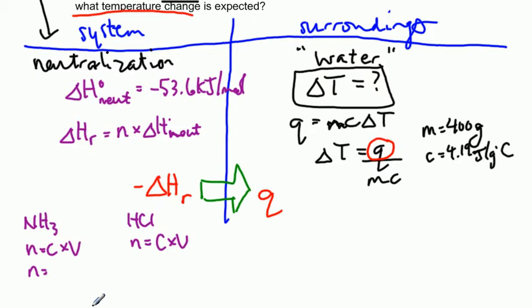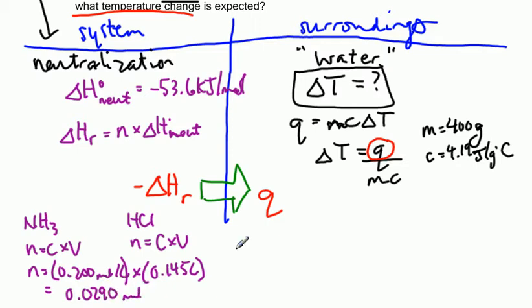So if we take a look at ammonia, the concentration 0.2 moles per liter times the volume, which is 0.145 liters. So let me write this out. 0.200 moles per liter times 0.145 liters, and this gives us 0.0290 moles. If you do the same process for HCl, the number of moles for HCl is